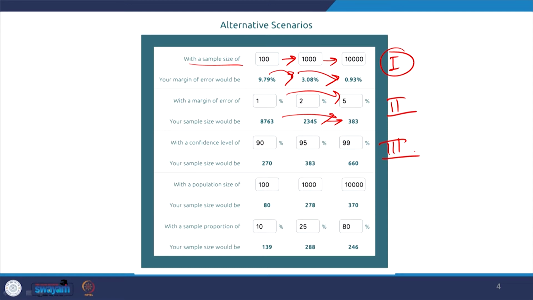With a sample proportion of 10%, your sample size will be 139. If your sample proportion or probability of inclusion is 80%, or 20%, there are different brackets given, and we can calculate. So, you can find different sample sizes based on sample proportions. We will make use of all those in our equation. The equation will clarify what the sample proportion is and why these rates are different. Somewhere it is higher, somewhere it is lower, and we will find out from a mathematical equation.